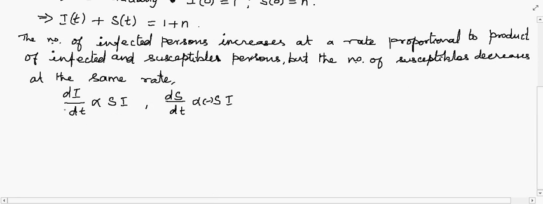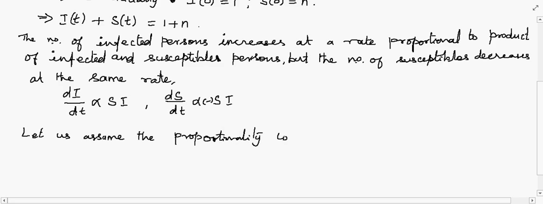Let us assume the proportionality constant as beta, then